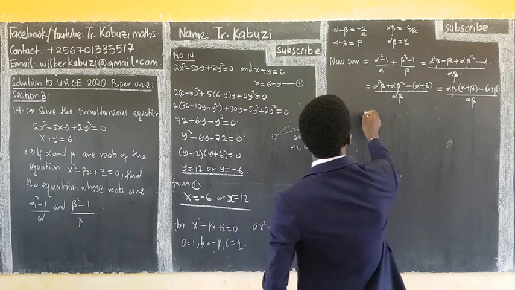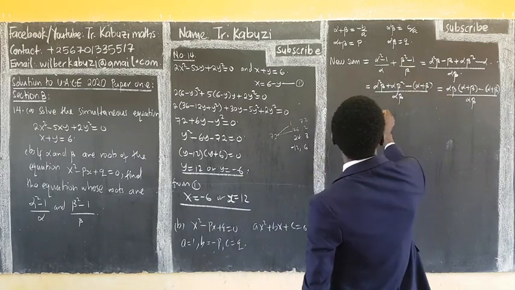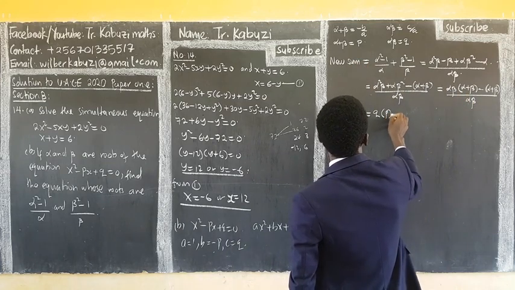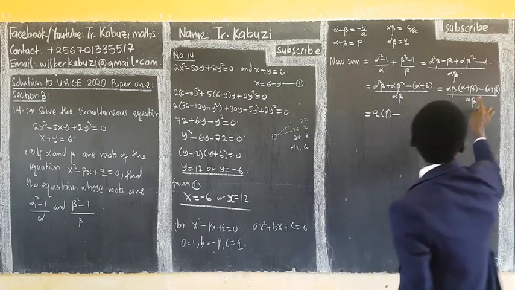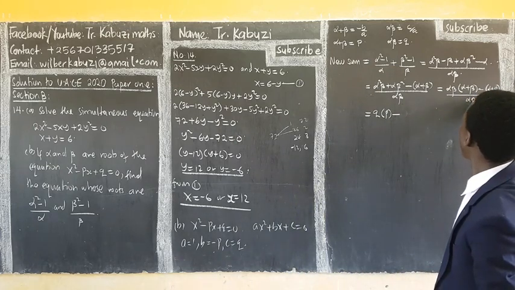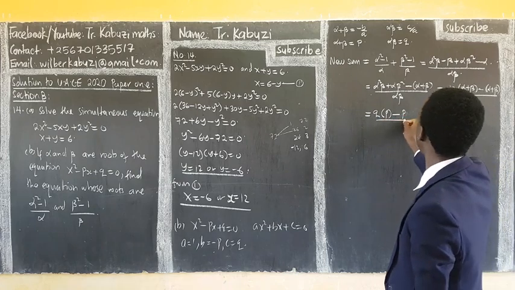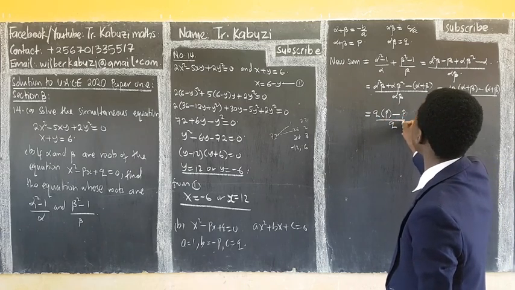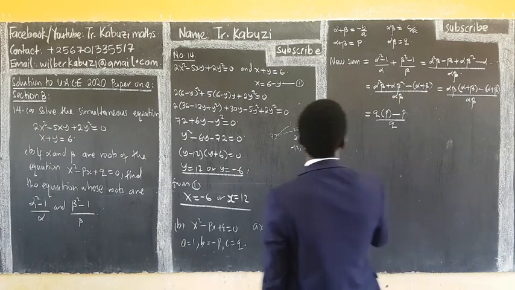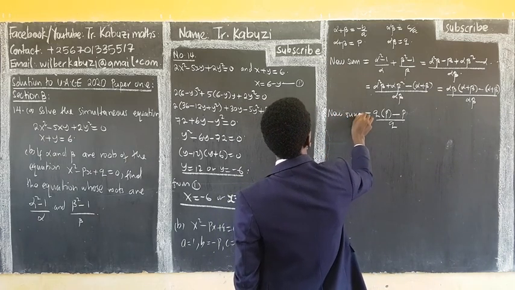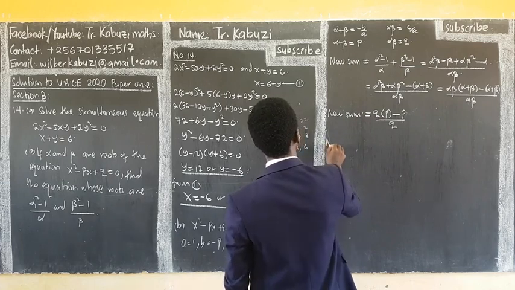So now if you substitute, you see that our alpha beta is q, and alpha plus beta is b, then minus alpha beta, alpha plus beta, the whole over q. So that is our sum, the new sum. Then the new product